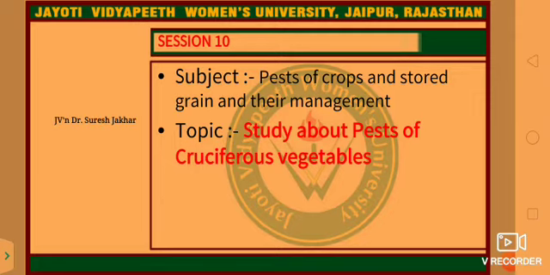Cabbage leaf webber, scientific name Crocidolomia pavonana, family Pyralidae, order Lepidoptera. It infests cabbage, radish, mustard, and other cruciferous plants. The adult is small with light brownish forewings. The female moth lays eggs in masses of 40 to 100 on the underside of leaf. They hatch in 5 to 15 days.